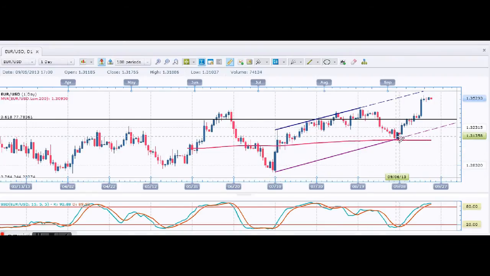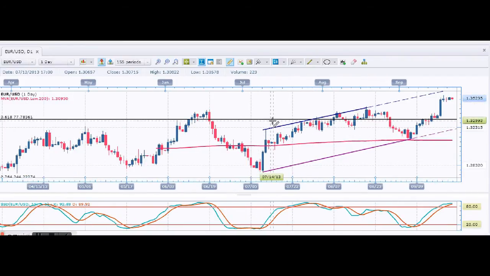These lines a month ago were really only useful in a 4-hour chart, but now from this top here we've had a lot of data, and we can see really a channel in the making, and truly the width of this channel, the height being this 450 odd pips,